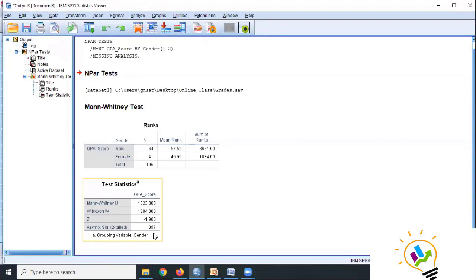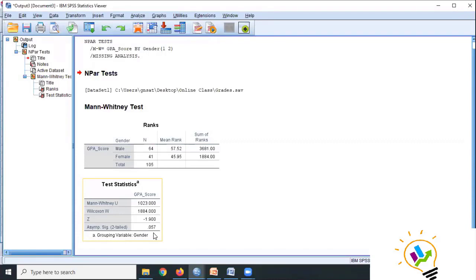Do you remember? There we rejected and said there is a difference, but now here we are accepting. See the power of the test. According to the t-test, though the data is not normally distributed, we said there is a difference between male and female, but here we are saying there is no difference.